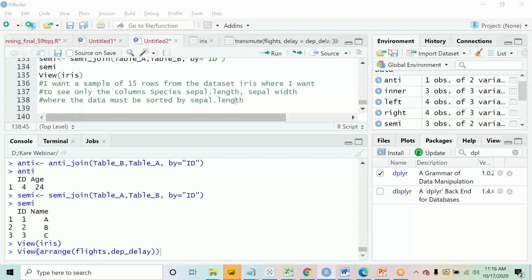So Jyoti, you have just shared a command for sample, right? It will just give me a sample of 50 rows, but the rest of the things will not come in. I want all of you to give me a small dataset in which I should have 15 rows of the data, those 15 rows should be sorted by sepal length, and I should have only 3 columns in it. So Raghavendra, your command is correct, but it will still not give me select. Right, so yours is right.